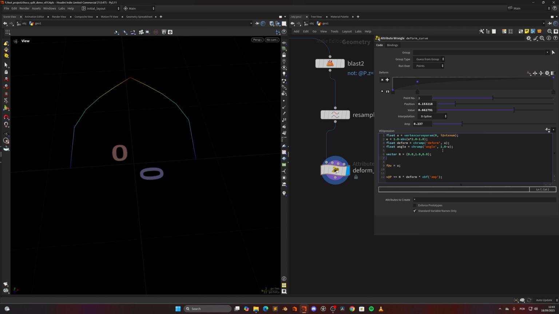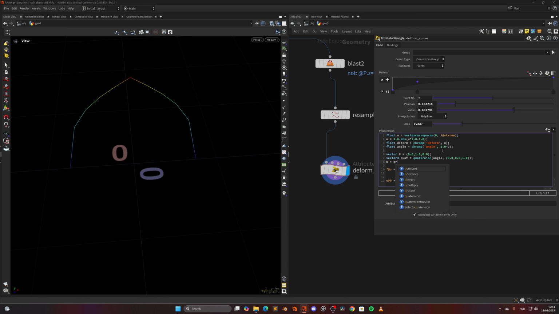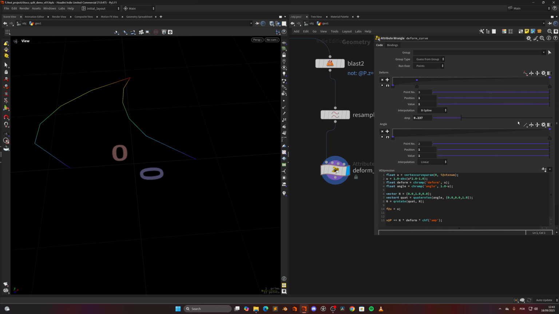And then after the end, we will create a quaternion to rotate that. So what it will be equal to a quaternion, call it angle, and it will be along the Z. So we want to change it to along the Z. Then we can just do N, it will be equal to Q rotate, and we will rotate this quaternion around the N. And we can create that now. So let's look at those ramps. First of all, the deform will be something like this. And then for the angle,